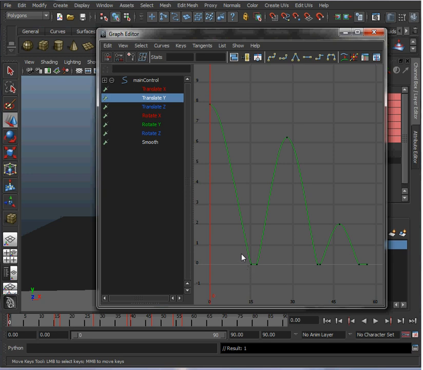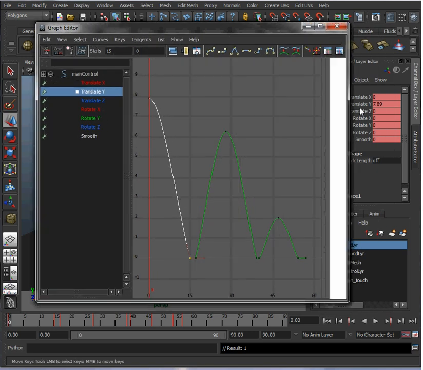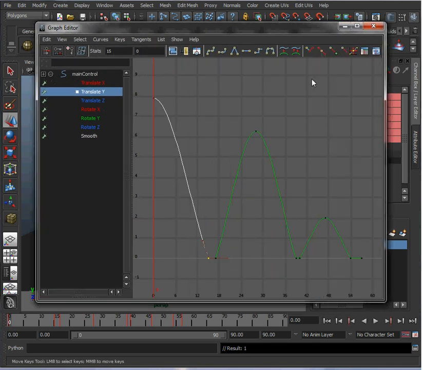To make it speed up even more, we can select this key and let's hit our break tangent. Usually the in tangent and out tangent are stuck together. You can select the tangent and use your middle mouse button to adjust this, and you see that both move at the same time. If you want to break this, you hit the break tangent button right there, and now I can move my in tangent independently of my out tangent. So I'm going to have my out tangent be flat and my in tangent be sharp.